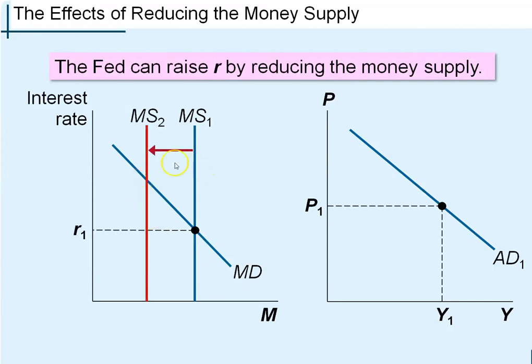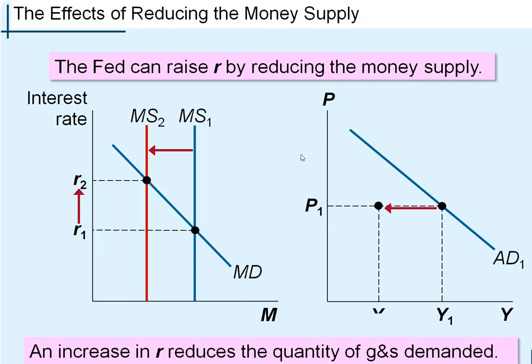So if money is scarcer, there's less money, then banks are going to lend to each other at a higher federal funds rate. Interest rates will rise in the economy. Higher interest rates make it more expensive to get a car or to get a mortgage loan, and the aggregate demand would decrease. So you can see this would be a monetary policy that would reduce the aggregate demand of the economy. Reducing money supply means higher interest rates and less aggregate demand.